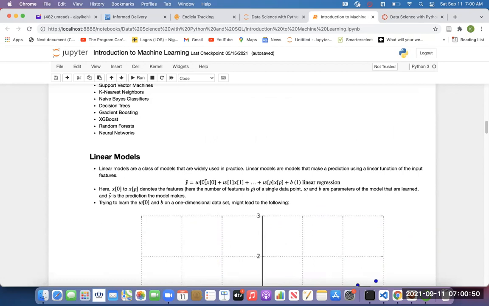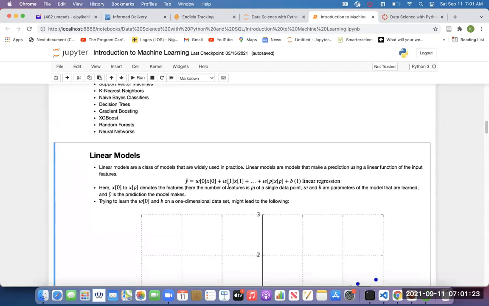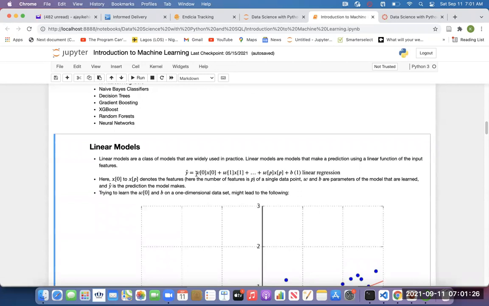So for instance, if you want to predict house prices, X of 0 can be the population in that area, X of 1 can be the number of bedrooms, X of 2 can be the number of rooms, things like that. What the model is actually trying to learn are these weights, these W's you are seeing. Those are the coefficients. Those of you that have taken any statistics course must have seen this equation, but they don't explain it. You are more or less memorizing what those W's are, what this equation means.